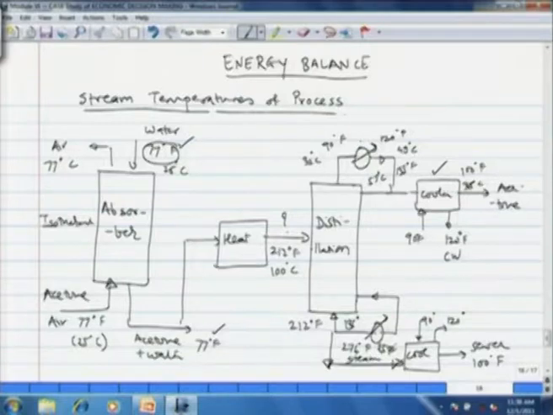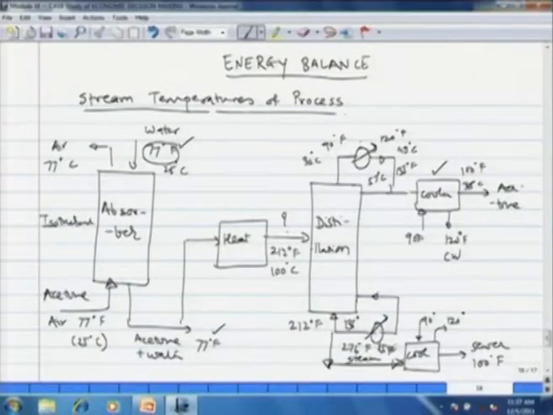Now, these temperatures are going to be different in different seasons. For example, in winter these temperatures could be lower. This is the water that is emerging from the humidification towers, or cooling towers. Therefore, in winter it is likely that the water that is coming out from cooling tower will be at lower temperature, maybe 25 degrees centigrade. However, while designing a particular exchanger, we have to consider the upper bound so that the design does not fail in case of temperatures rising higher than the design temperatures.